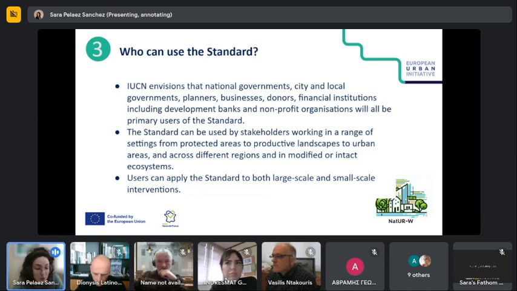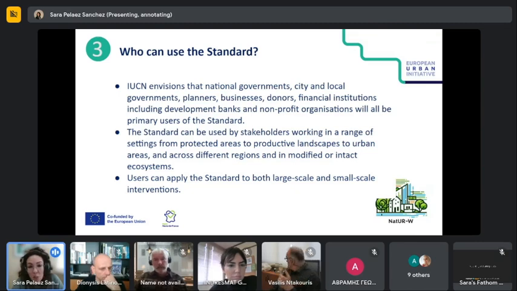Something that is a misconception is that you can only use the standard for a large scale. That is not true. We apply the standard at smaller scales. Of course, smaller scale interventions are limited by other factors, sometimes budget, but it can be applied. You can apply the standard, and it doesn't need to be perfect. It doesn't need to fulfill all the criteria 100%. It's a guiding tool. It's a tool that helps you to improve an intervention.